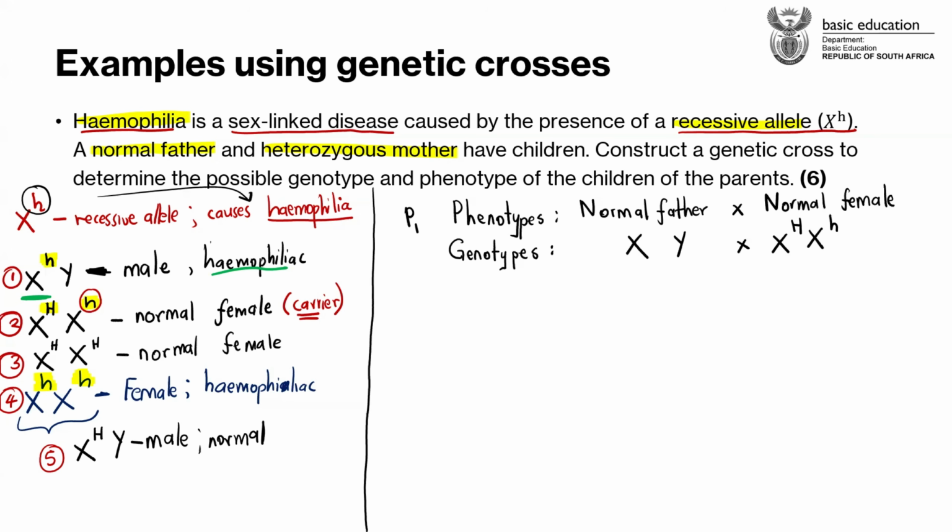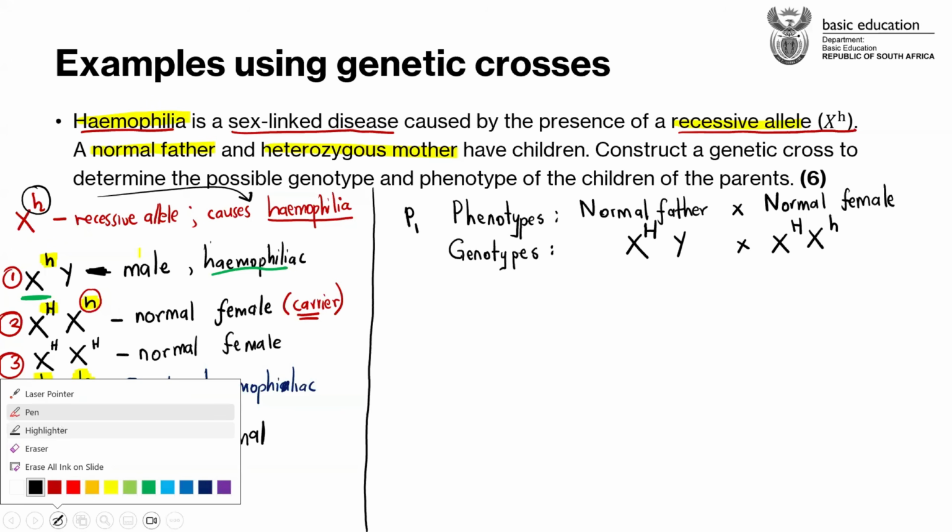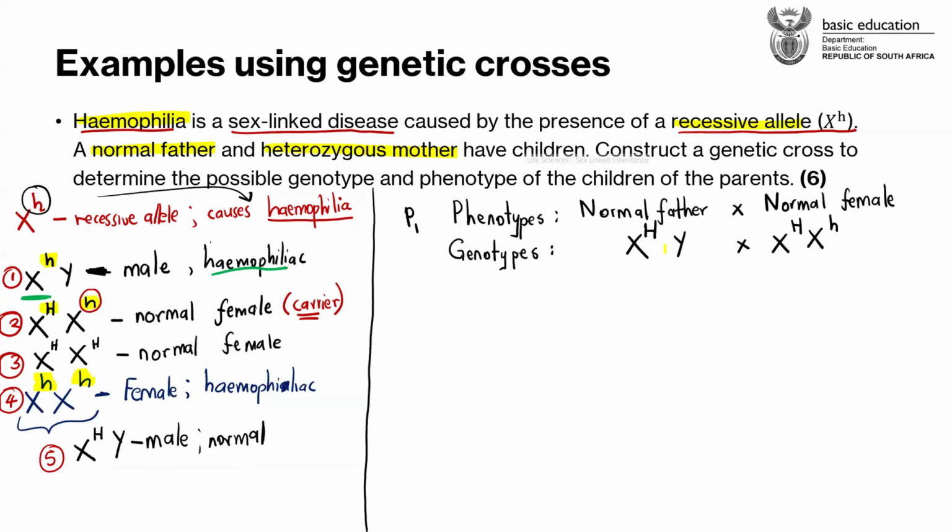All right. So this XY, they say that the father is normal. How do we express it? Is this correct, written like this as a genotype? Is it correct for sex-linked inheritance? Is it correct, guys? No, sir. Well, what's missing? Capital H. Yes, we must have a capital letter H to show that he is indeed normal. Because we already know that when he is sick, he must have a small letter h, right? The recessive allele. But if he is normal, he must have this capital letter H to show it.